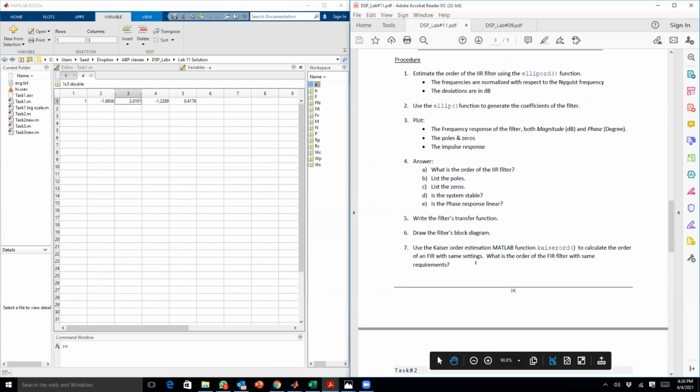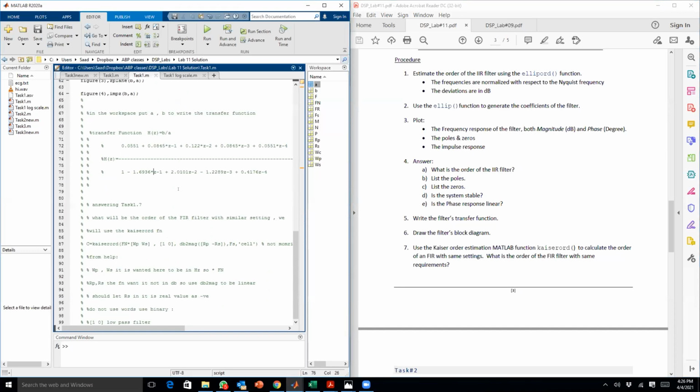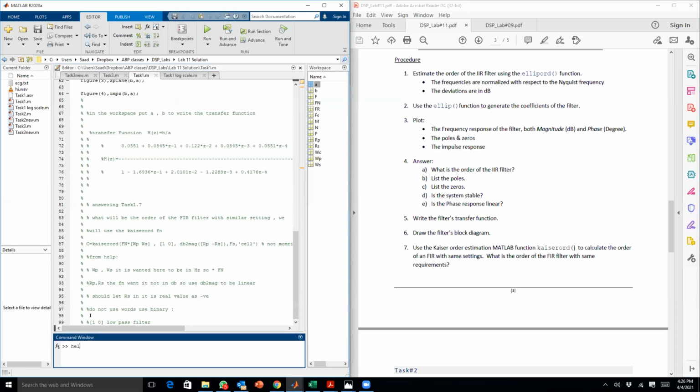Now we need to do number 7. Use the Kaiser order estimation MATLAB function to calculate the order of the filter with same settings. What is the order of the filter with same requirements? Let's see if I use Kaiser, then before we used Ellip, now I use Kaiser. Let's check our code. So if you put help for Kaiser, okay, then you can check I need some elements over here. So I just put help Kaiser